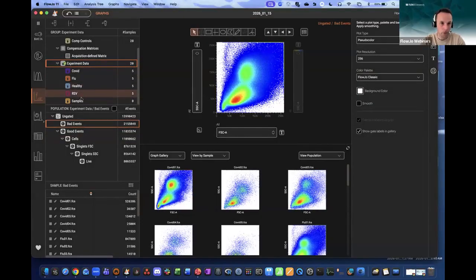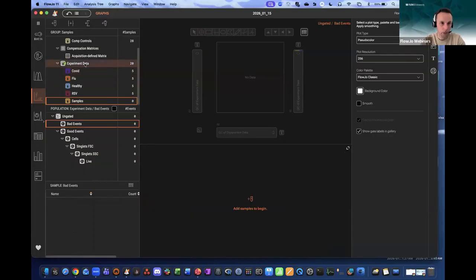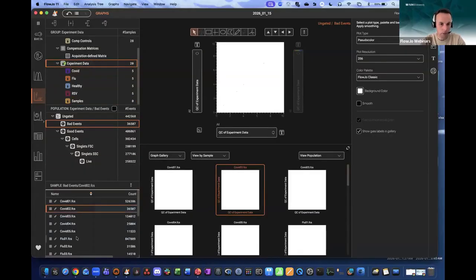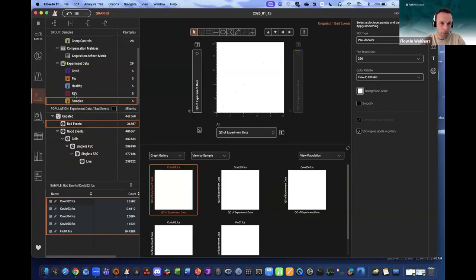It should have a group sample, I missed it, did this mistake there, that's fine, click and drag. Okay, so I can create my group if I go in my group sample because my gate is on all